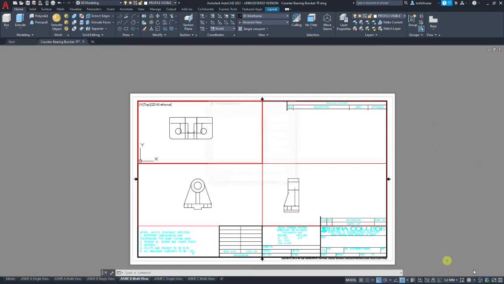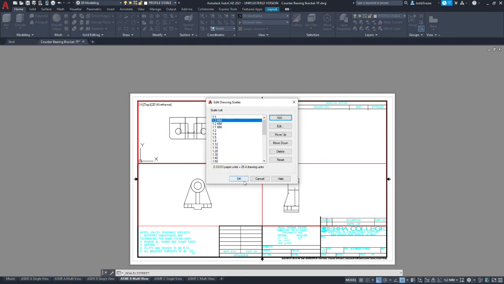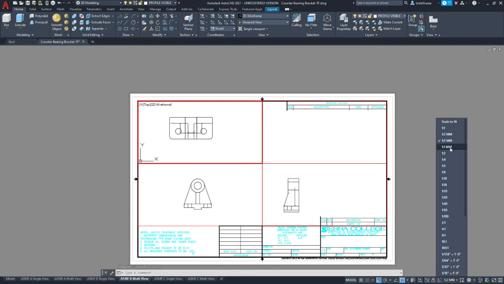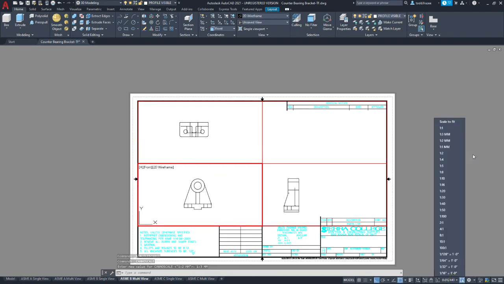We're going to go to custom. We're going to add. It's going to be called 1:3 or 1/3 millimeters. And you're going to put 0.33333. You can go on for infinity if you want. 25.4. All right, so 1/3 of a unit is going to be 1 inch. We'll hit OK. And OK. Now let's apply that new scale that we just added to that view. And then we're going to go to each viewport, and we're going to do likewise.